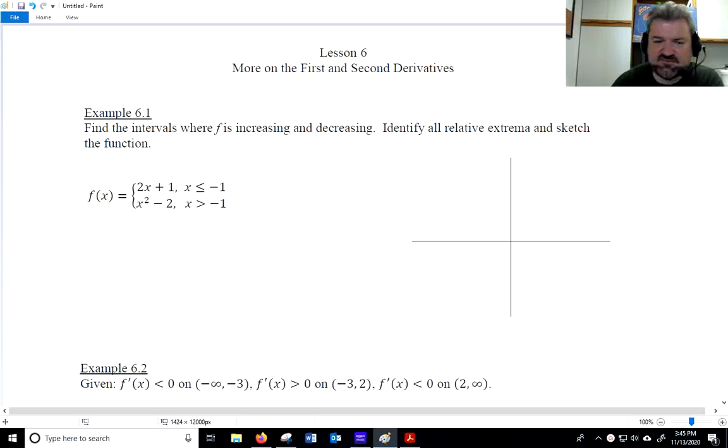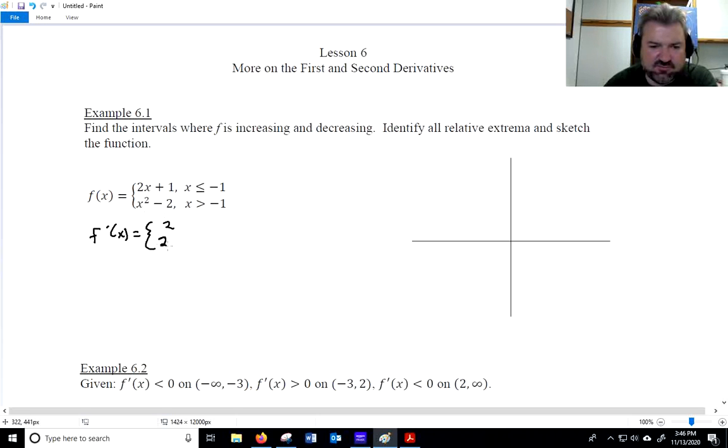So for example 6.1, let's find the intervals where f is increasing and decreasing, and we'll identify all relative extrema and sketch the function. So what makes this problem interesting is that it's a piecewise defined function. So first, let's take the derivative. f prime of x is equal to the derivative of the top is 2, and the derivative of the bottom